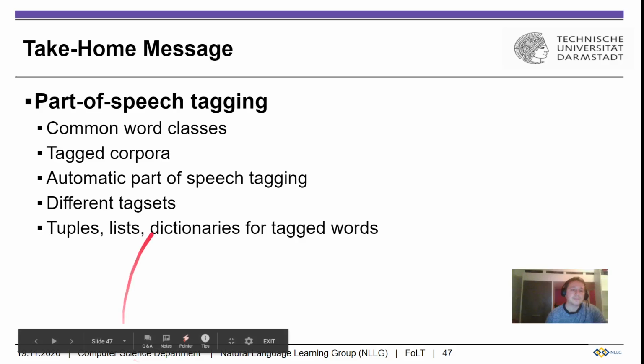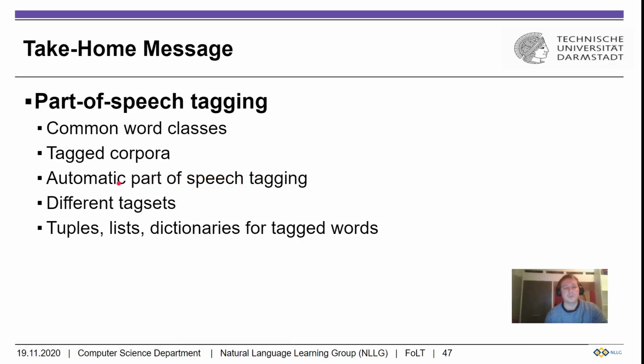We saw how to do automatic part of speech tagging, at least in one example, and I've also told you that even though this task is difficult, the current techniques are strong enough that they come close to the human upper bounds and human performance. We've also seen different tag sets, the universal tag sets, and then language-specific tag sets, such as